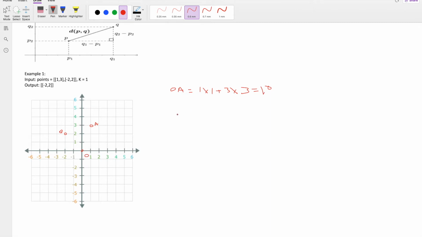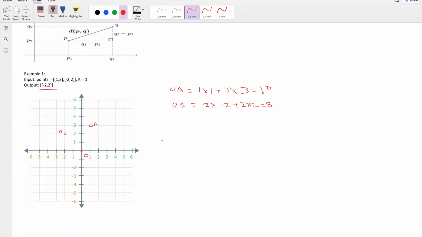Similarly, the distance squared of point B from the origin, OB squared, is minus 2 times minus 2 plus 2 times 2, which is a total of 8. So point B is closest to the origin and we have to return 1 point, so the answer is point B. So point B is (-2, 2), and the output is [-2, 2].